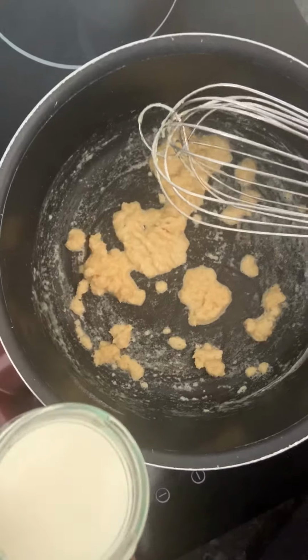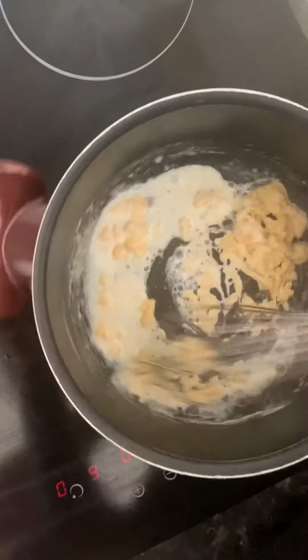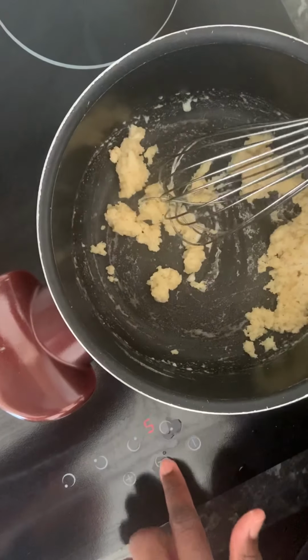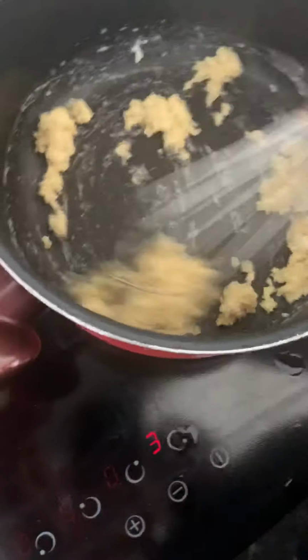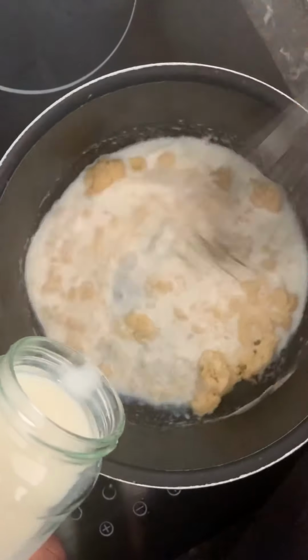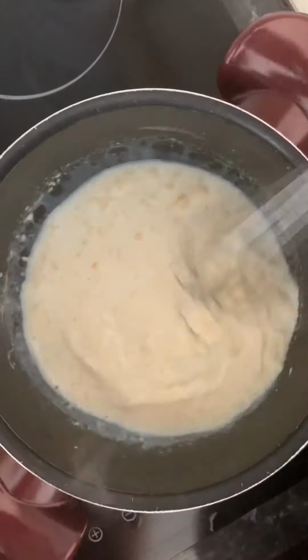And while you add it, just add a tiny bit of your milk. Remember, you're adding your milk little bit by little bit. I'm just going to turn that down because the pan has preheated quite a bit. Okay, I'm just going to go in with a lot more of my milk now. But not all of it. Just enough to